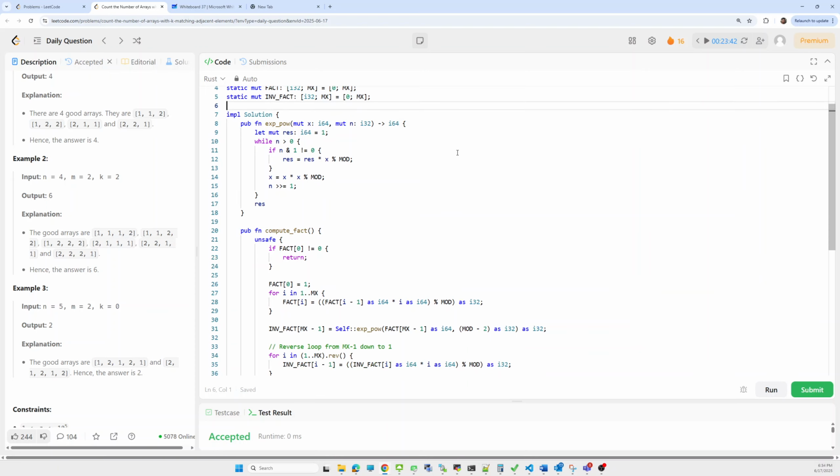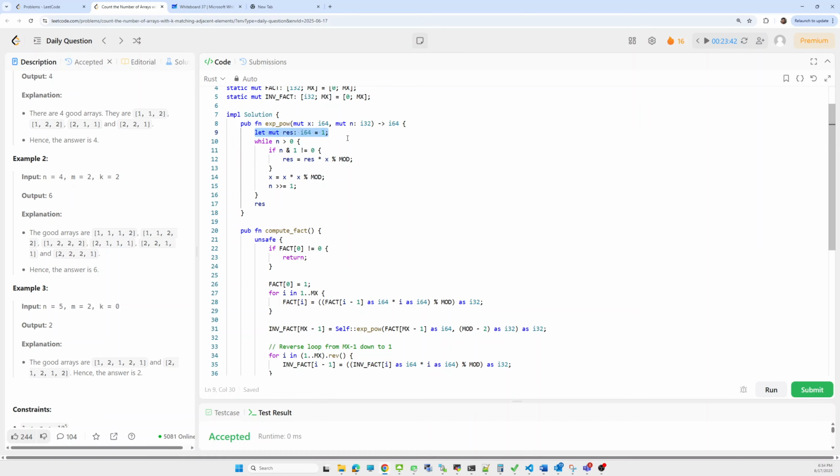In the implementation part we'll see how we give the exponential power, means the power method. This is the structure, and this is the return type, meaning what type of data is returned from this method.